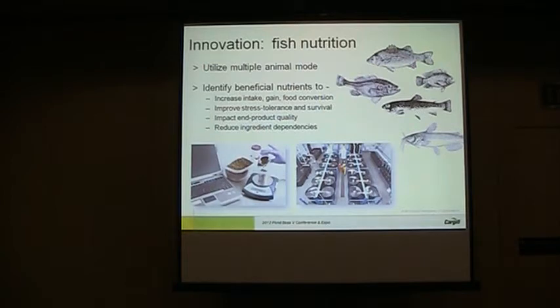And again, right now our top carnivore that we're using is the largemouth bass because it seems to be a little bit more sensitive than the striped bass as well as the hybrid striped bass. So what we want to do is identify the beneficial nutrients that get the animals to eat the feed and put on the weight, especially in the smaller sizes, right at the onset of exogenous feeding, up to a small fingerling. We want to make sure that we get them up fast, with high survival,